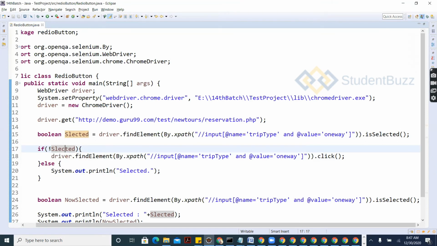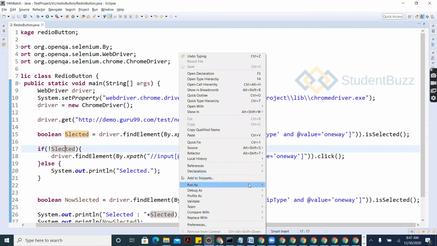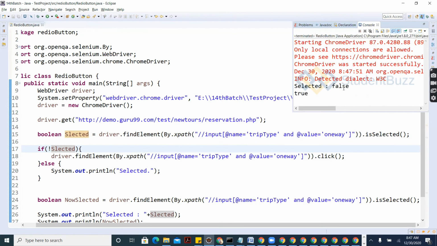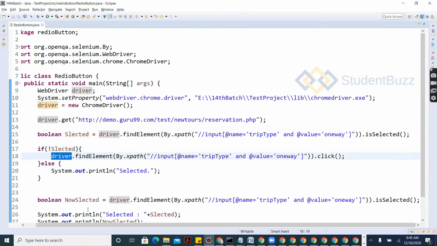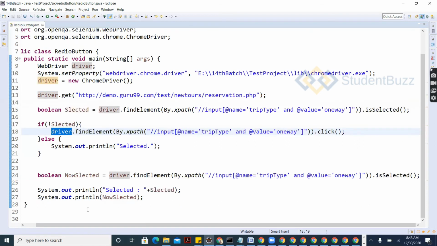If not selected, what is it going to do? Let's run it. Now it is true. It went inside this and clicked on it. Any questions here?